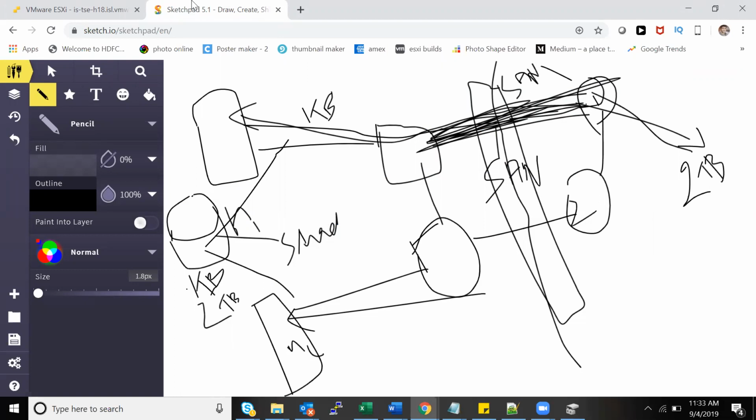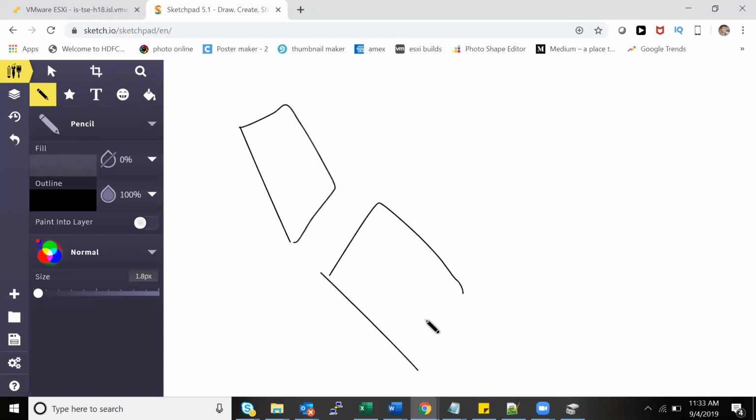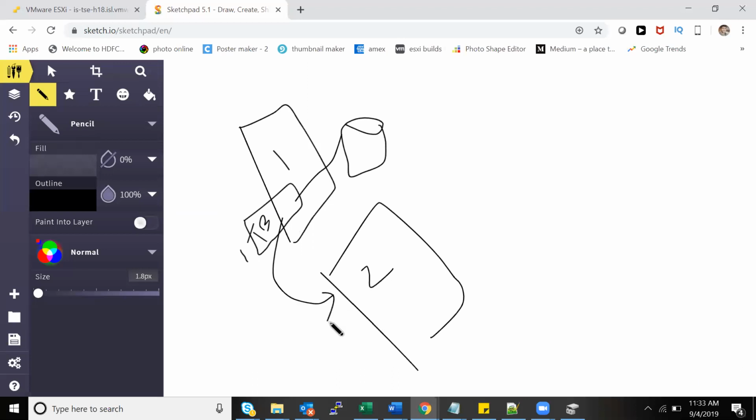If someone says local, the whole situation will be totally different. You have a hard disk. Let's say you have host 1 and host 2. Host 1 has local storage, which is a 1 TB hard disk. He can create a data store out of this, and there is no way you can share this to host 2. You can only use it within this host. Host 1 only can use data store 1. So local storage cannot be your shared storage.